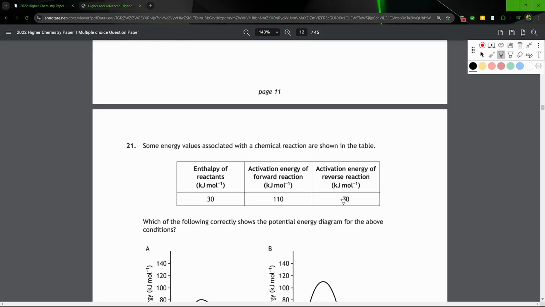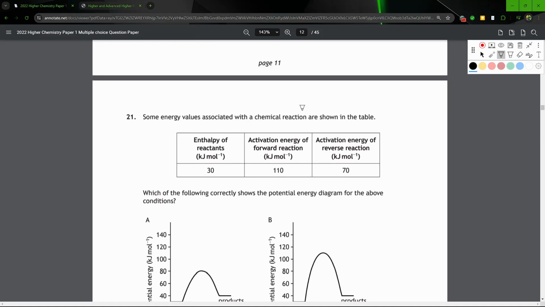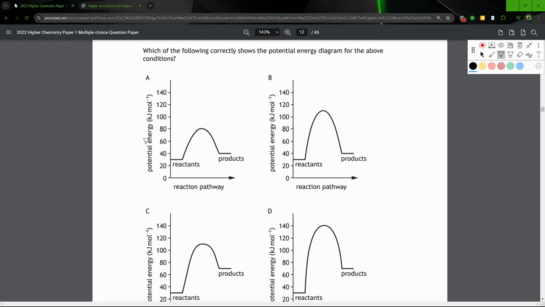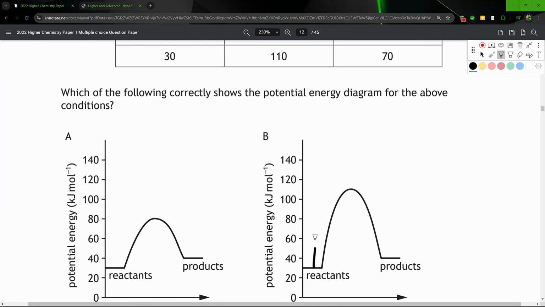Right, now we go on to 21. So we've got some energy values associated with a chemical reaction as shown in the table. We've got 30 kilojoules per mole for enthalpy of reactants, 110 kilojoules per mole for activation energy of the forward reaction, and then 70 kilojoules per mole for activation energy of the reverse reaction. So what does this mean? Well, enthalpy of reactants means the reactants must start on 30, which they all do, so we can't separate out anything yet. Activation energy is 110 kilojoules per mole, which means this line here would